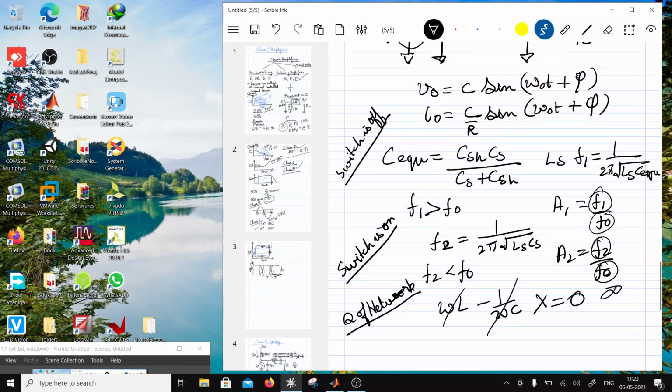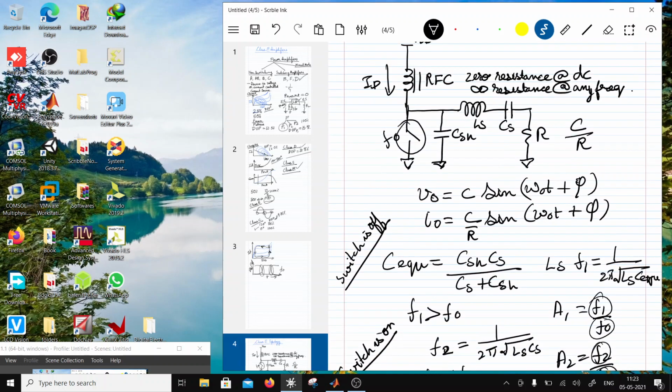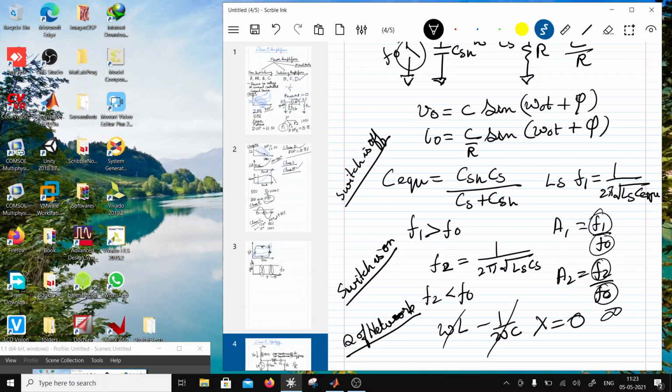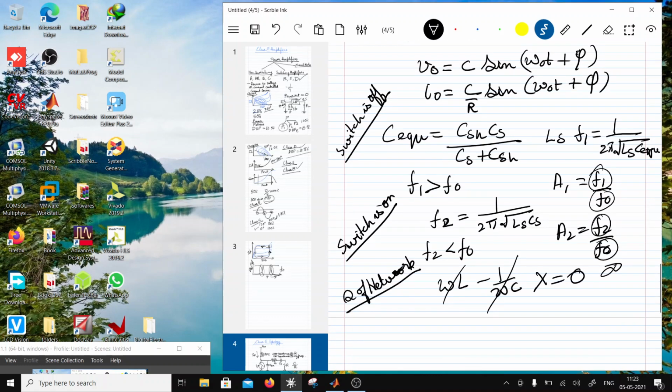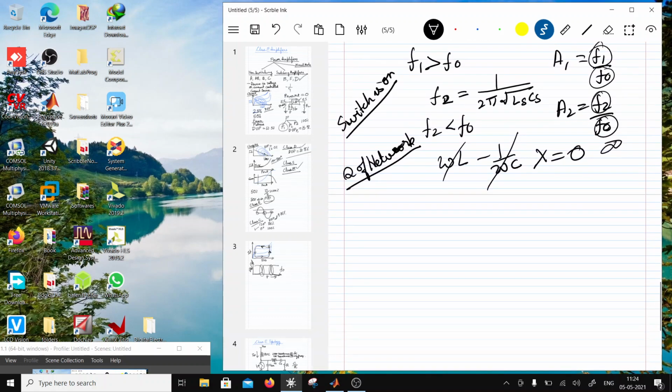You will not be able to determine LS and CS if you assume an infinite Q, because in that case jX would be 0, right? So in this case there is something called a residual jX. So finite Q